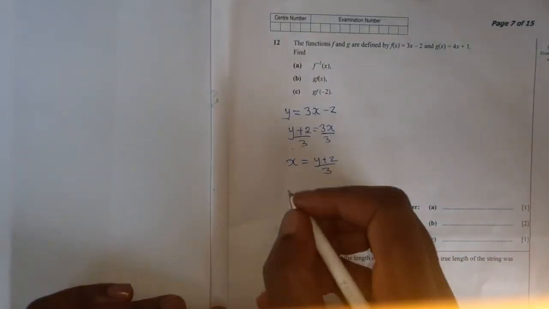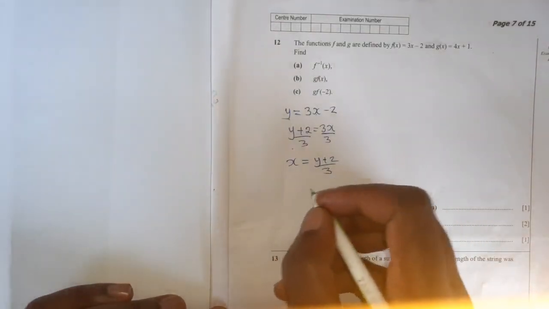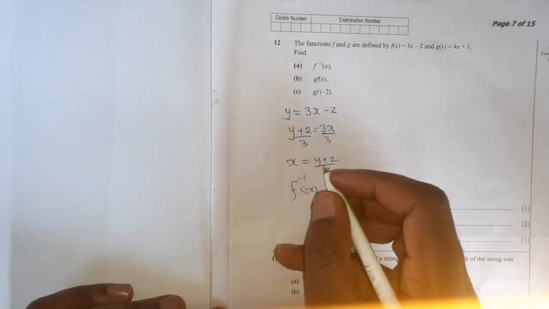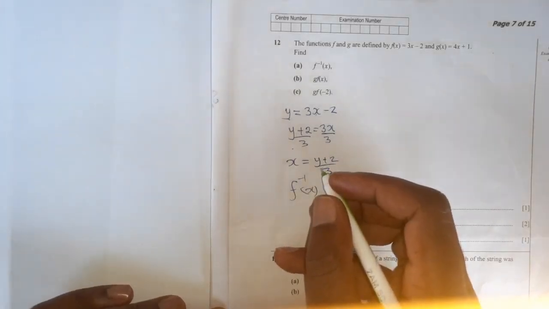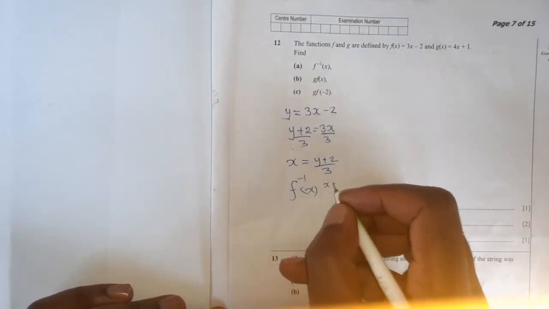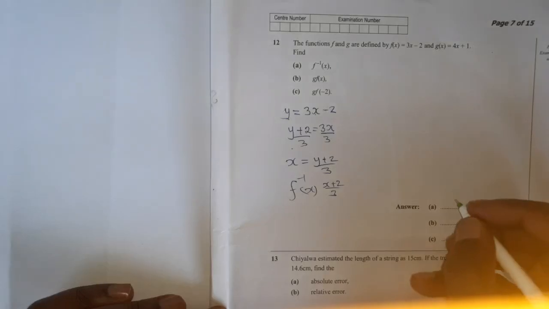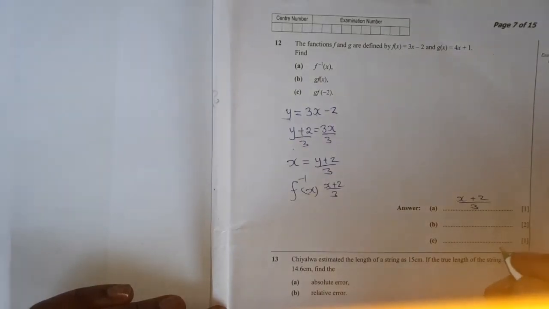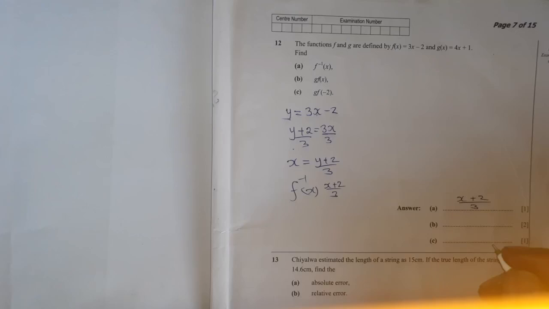So at this point now we said to write the final answer, you need to put back the x where there is y. So the final answer is going to be x plus 2 over 3. That is our answer here. Okay? Then the second one,